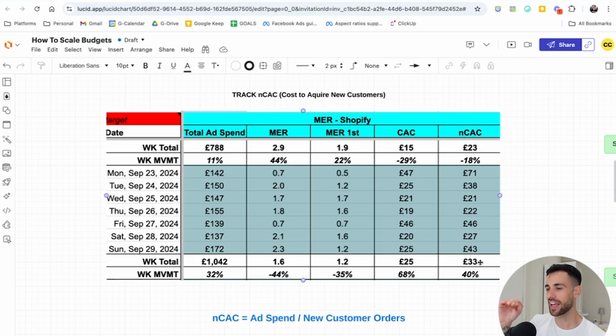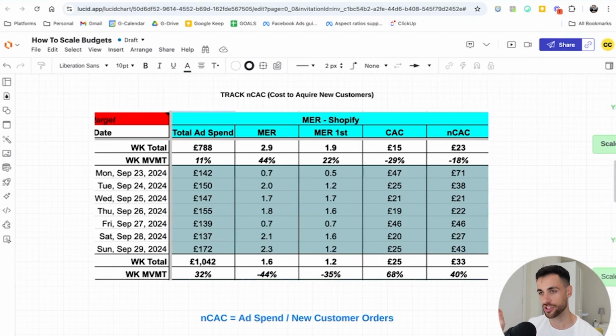If we're hitting our NCAC target, we scale the account. So NCAC is just simply ad spend divided by the number of new customer orders. Very important. It's not all orders. It is only new customer orders, because return customers are going to come anyway. They're going to come from our organic marketing. They're going to come from email. They're going to come a little bit from our Meta ads, but that is not judging the performance of Meta. Meta's performance is judged on how good it is, because it's a top of funnel platform to bring in new customers to your business, and then you monetize them via your other means and increase the lifetime value of them,